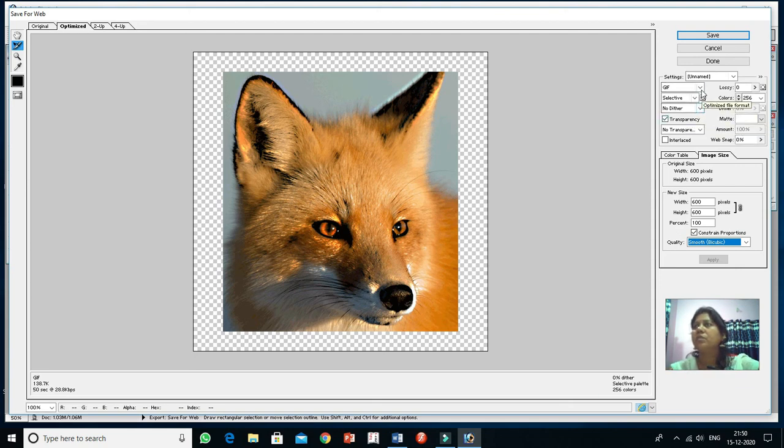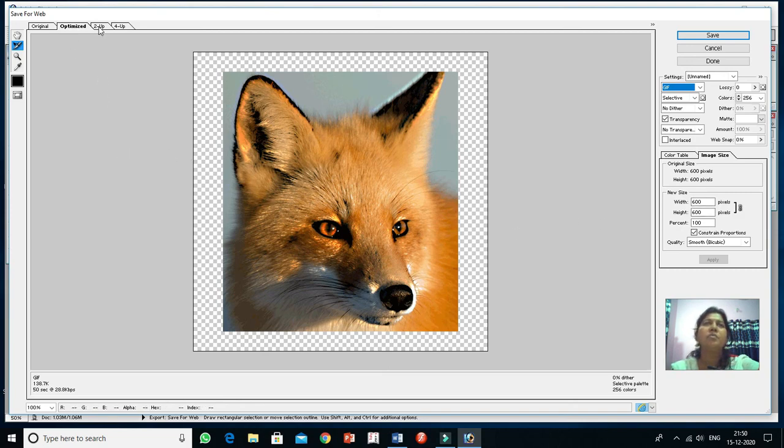Now here the file type is there. You can select the format of the file: GIF, JPG, PNG, etc. The transparent option is there, and the percentage amount is there. Web snap percentage is also there. You can specify it.